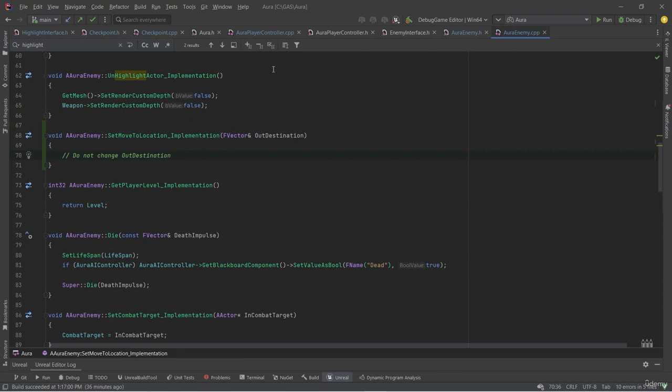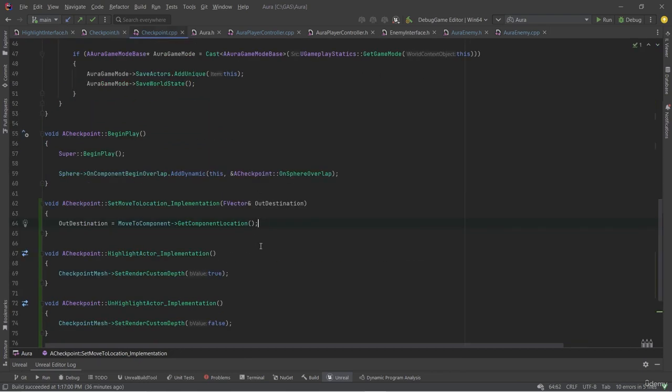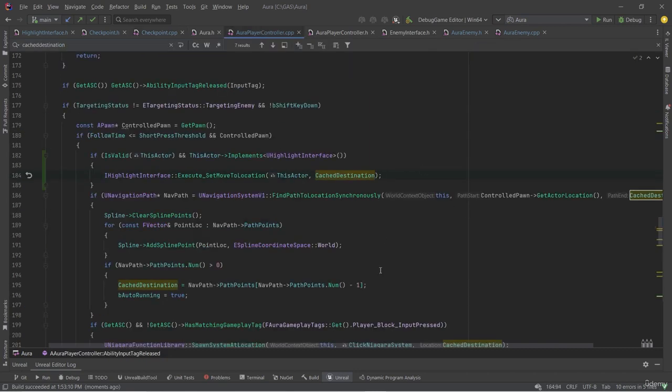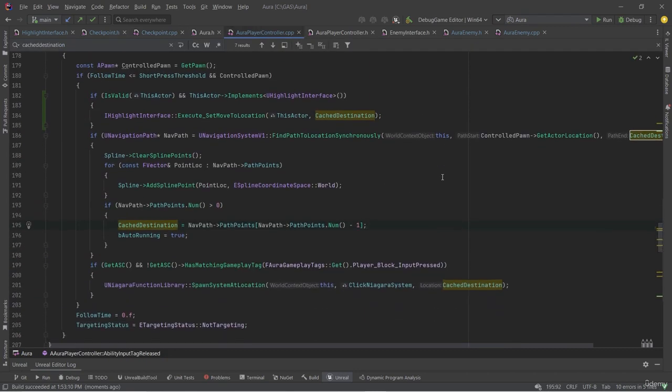Now, because our checkpoint is overriding this location, if we click on a checkpoint, then we should now get auto run behavior to a specific destination. And before we compile and launch, one last little detail, this is a little thing that I'd like to do,